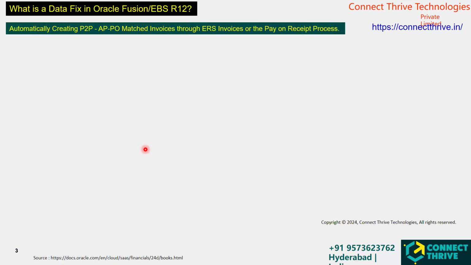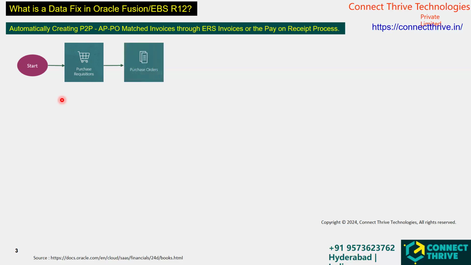Let's see here. Now I am automatically creating P2P PO matched invoices through ERS invoices, or the pay on receipt process. That means I am creating the AP invoice automatically by using the pay on receipt concept, or ERS functionality. I am planning to procure some raw material or services from the respective supplier. So I created a purchase requisition, and I will send this purchase requisition to my respective procurement team. Based on the item quantity, price, bill-to location and ship-to location, from where we need to get these items, and which supplier we need to get them from,